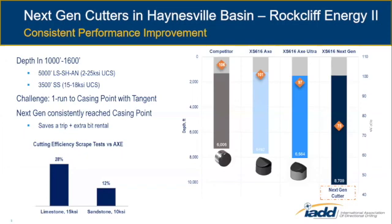And there are a lot of directional requirements here. The first portion of this section is through heavily interbedded limestone, shales, and anhydrites, and that's a lot of instability and high impacts due to the transitional drilling. The UCS, the unconfined compressive strength, of these formations tends to range from really low in the 2s to what we've seen up in the 25,000 psi range, and so you get these massive changes in formation strength, and those along with the interbedded lithology tend to cause a lot of